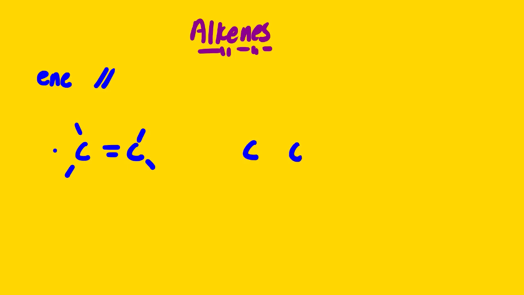Before we can start with the reaction, let us review the organic compounds which fall under alkenes. What are those compounds? We know very well that the ending name for alkenes is -ene, and we distinguish them by looking at a double bond. For example, we have ethene, we have prop-1-ene,